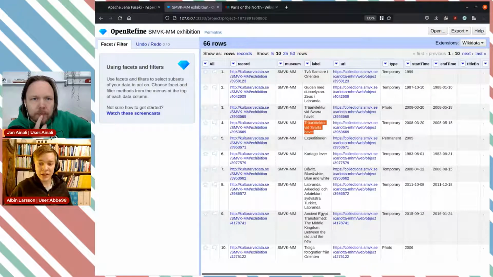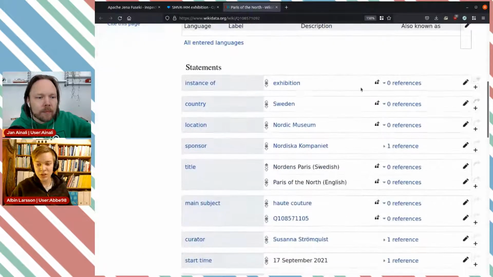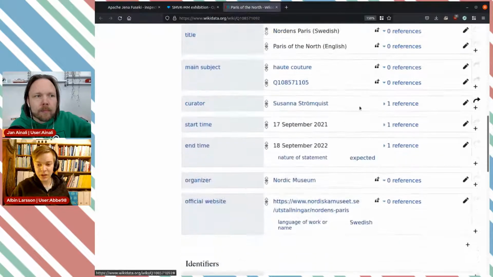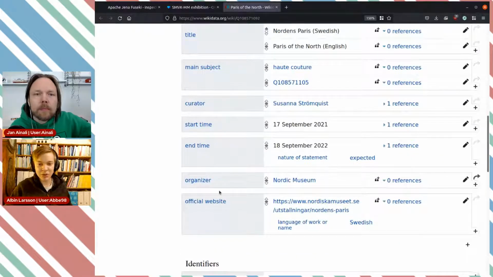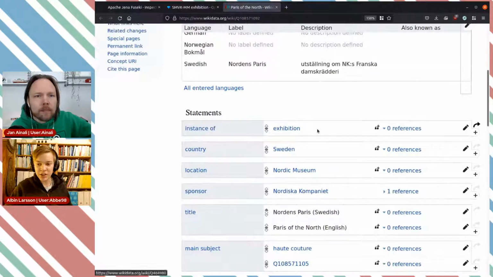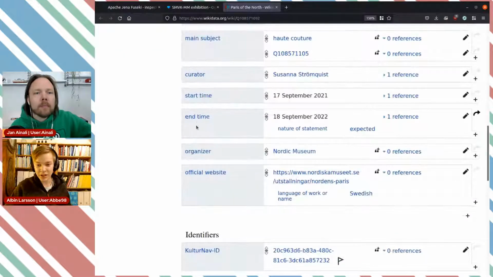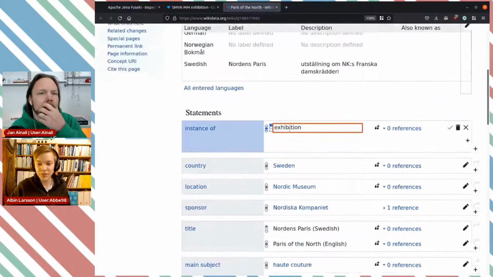And looking at Wikidata, I have an example here for a Swedish exhibition currently ongoing. This is kind of what I will try to model it after. But one thing I actually want to change in this one is that this just says exhibition, but it's actually a temporary exhibition. We can see that it has an end date, nature of statement expected, because it's ongoing. So I want to see if we can